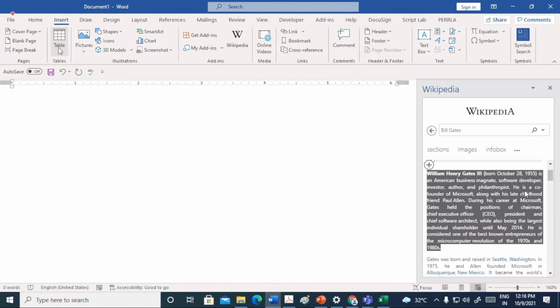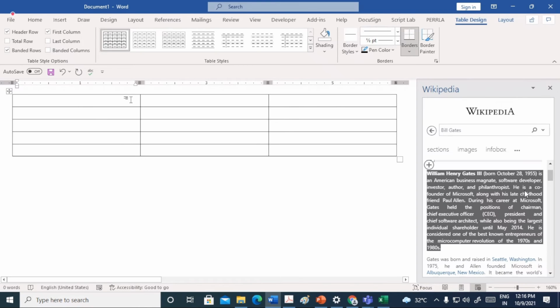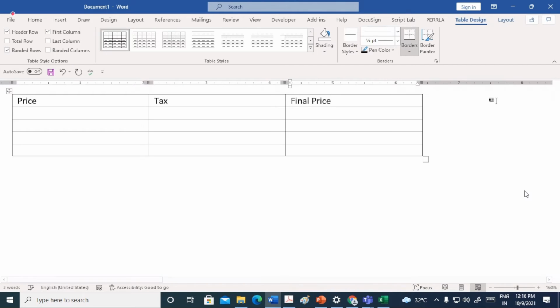Suppose I insert the table, with columns for tax and total price or final price, and values like 100, 23, something like this.